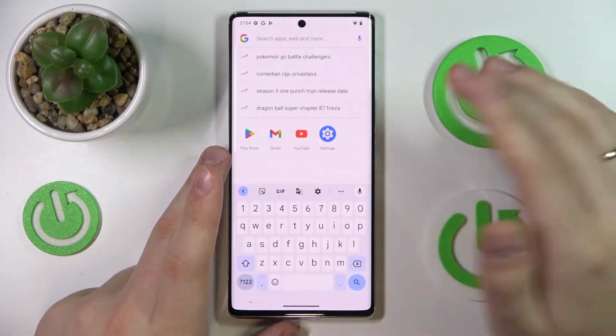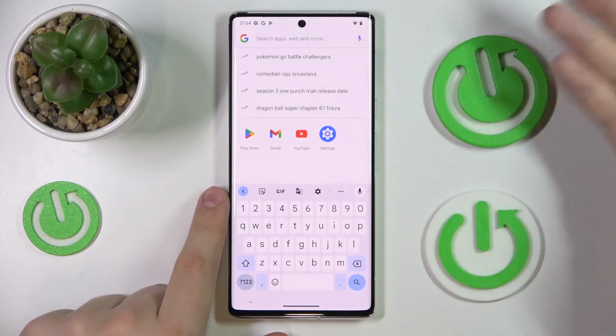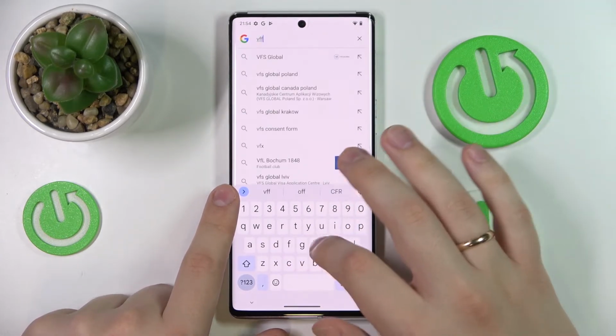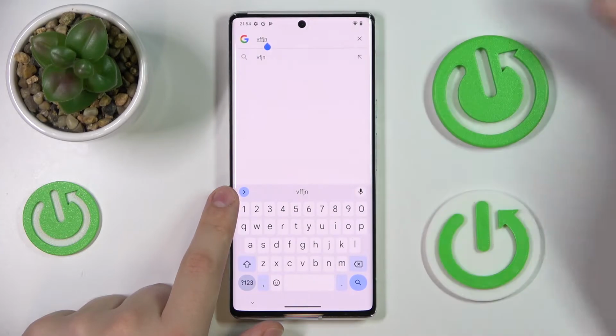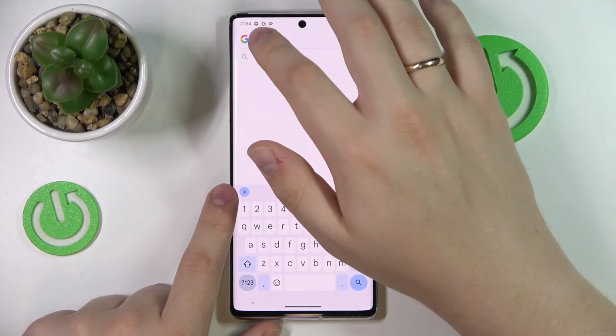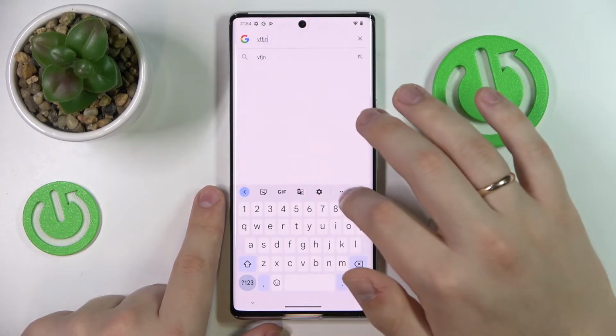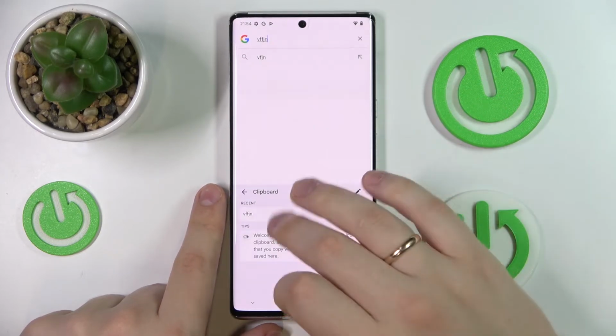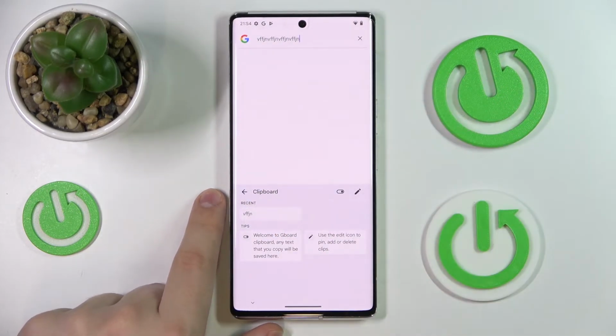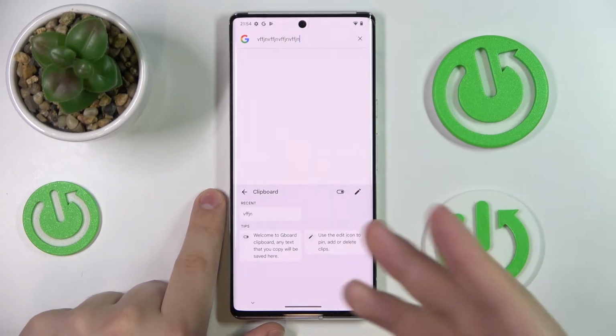If you would like, on the other hand, for something to be added to your keyboard clipboard, just copy something, basically a word, character, any text unit in general. And once you do that, you can get back to the clipboard. And as you can see, the thing that we have just copied has been successfully added as its most recent